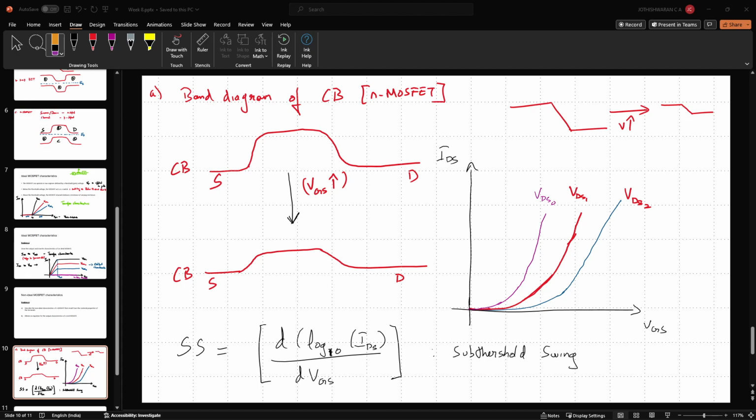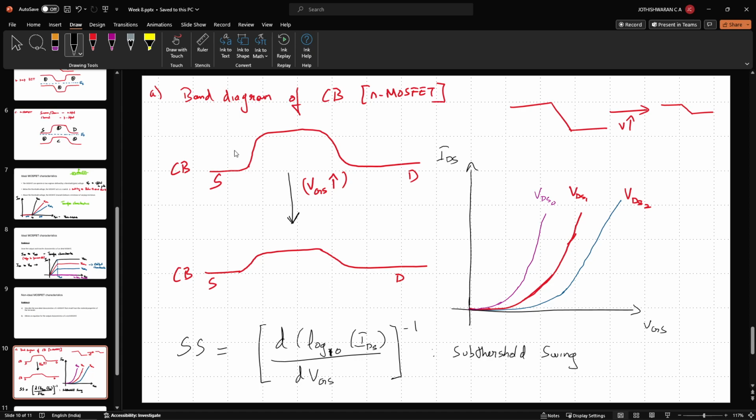So that quantity is called the subthreshold swing. Essentially, we don't take this quantity, we take the inverse of this whole quantity. Now this needs to be as large as possible, which means that the inverse of this should be as large as possible. So that implies I need to change the voltage by a very large amount to get the